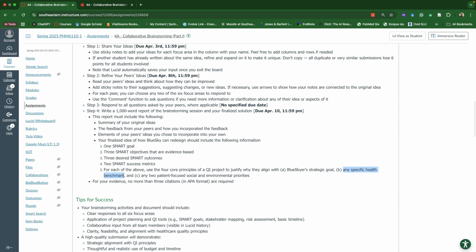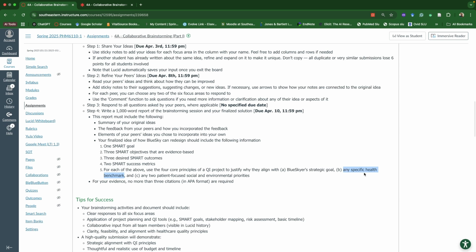any health benchmark. Please choose a health benchmark. I'm not saying which one you should choose. You are at liberty to select any one that you think is going to make a good case for your solution.